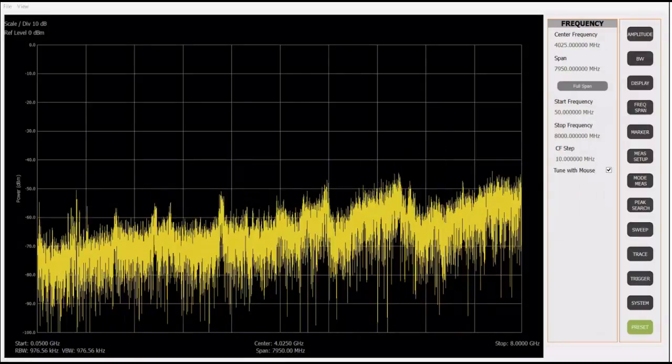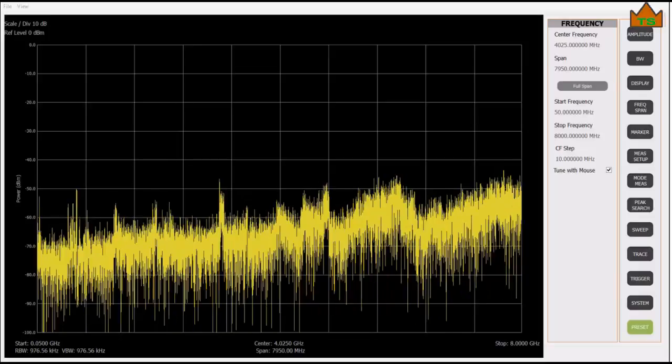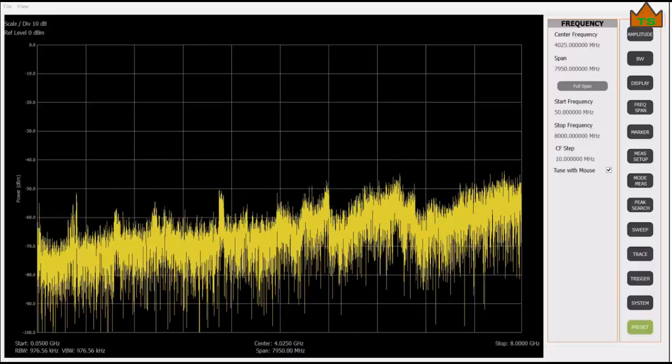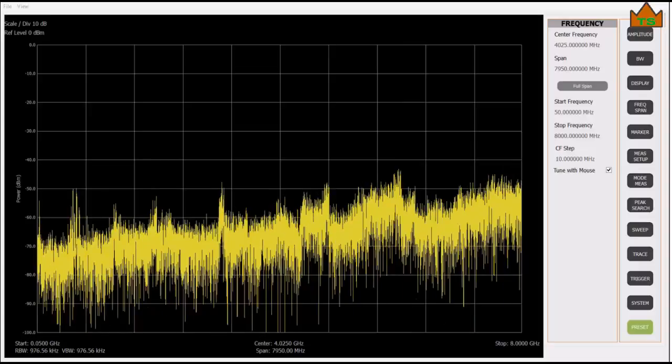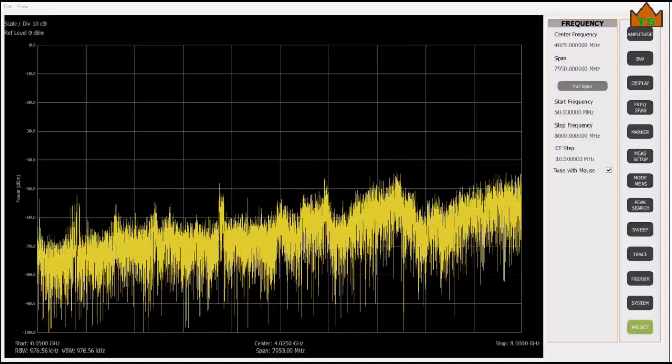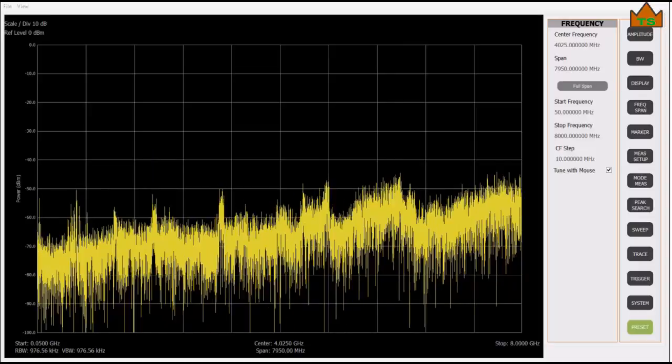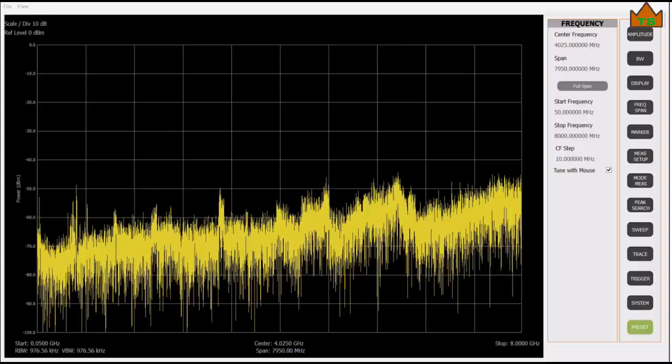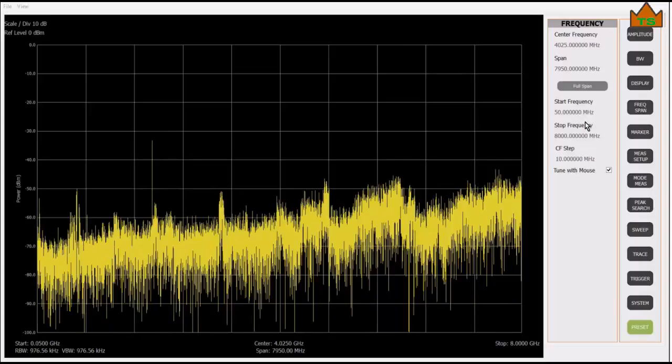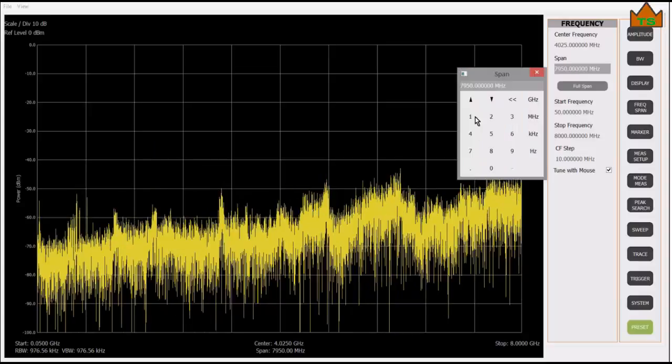In this video, I'd like to give you an overview of setting up a measurement. We'll use the frequency span function, the amplitude function, and the bandwidth function. So let's get started. In this case, I'm going to go to a span of 10 megahertz,